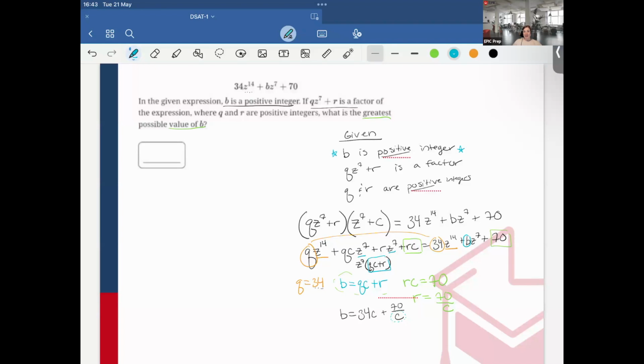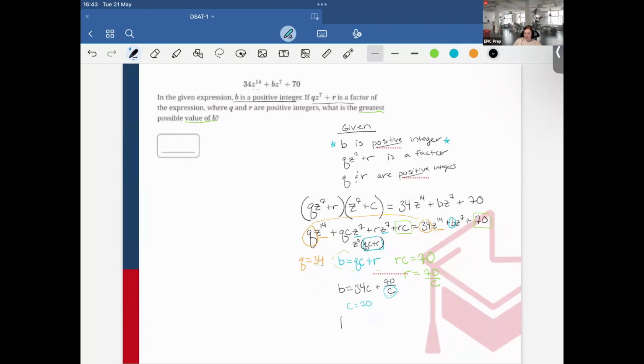Why? Because it's the greatest number that could be C. Like, yes, C could be 1, 2, any other even number, etc. However, the largest it can be is 70 and still be an integer. So I can make C 70. And then I can just do B is 34 times 70 plus 70 over 70, aka 1, which 34 times 70, it's